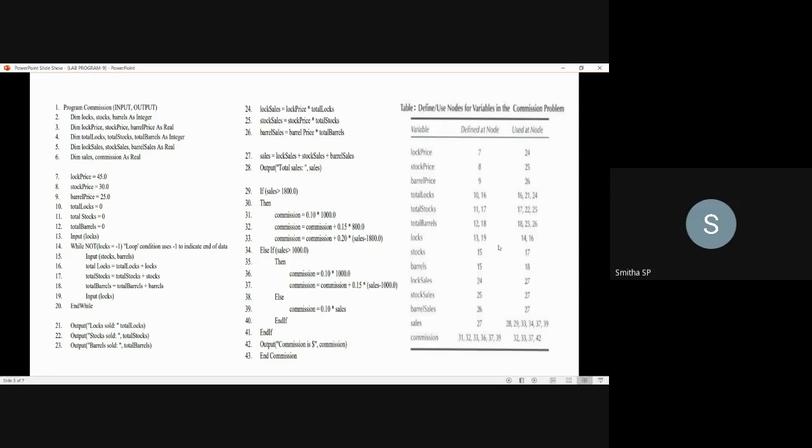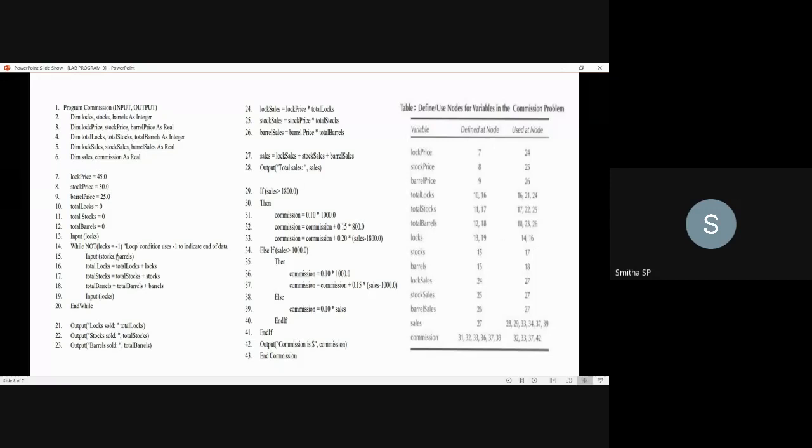Then logs is defined at the 13th node. Here you can see input of logs. Here you have defined the variable logs, and again in the node 19th, once again you will ask for the logs value to decide whether to enter into the loop once again or to exit from the loop. For that decision you have defined logs once again in the 19th node. So two times you have defined it.